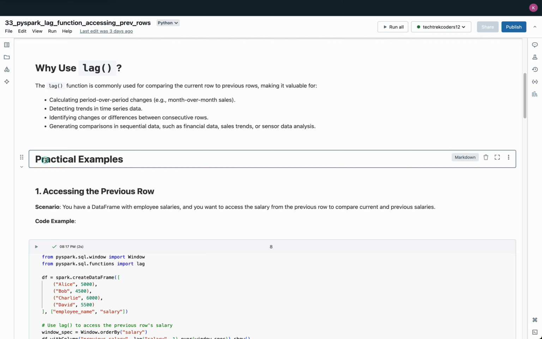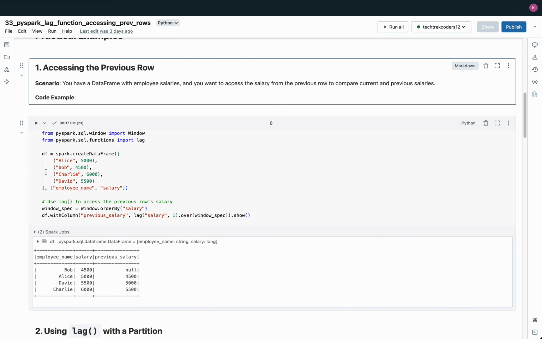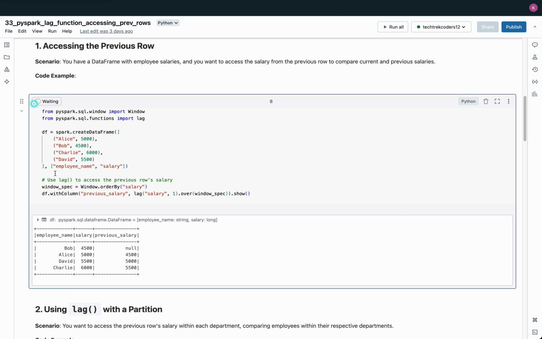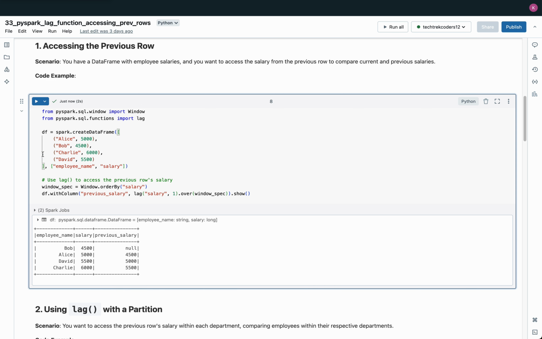Practical examples. 1. Accessing the previous row. In this example, we are using the lag function in PySpark to access the salary from the previous row and create a comparison between the current and previous rows. The DataFrame df contains two columns, employee_name and salary, representing employees and their respective salaries. Our goal is to use the lag function to create a new column that contains the salary of the preceding